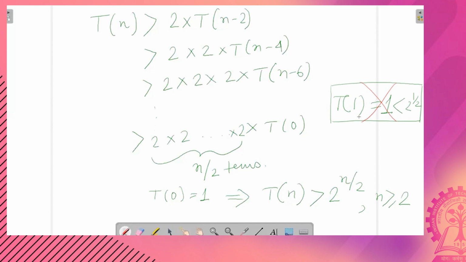Now this was an informal technique. Can we try to formally prove this point? Okay. We will now try to formally prove that this is the case. In order to formally prove this point, we will use the induction technique. Okay, so the proof technique that we will use is the induction that we have learned in our school times.